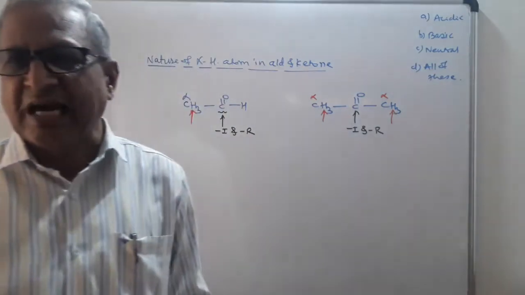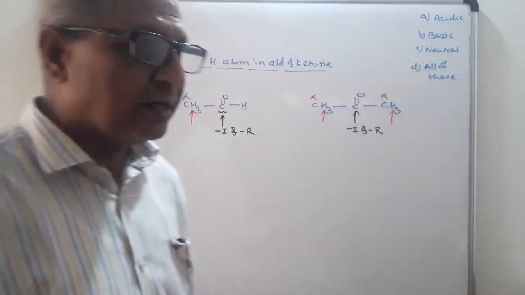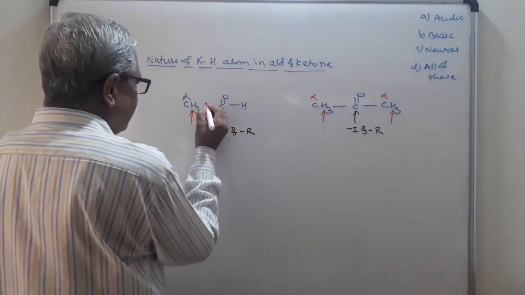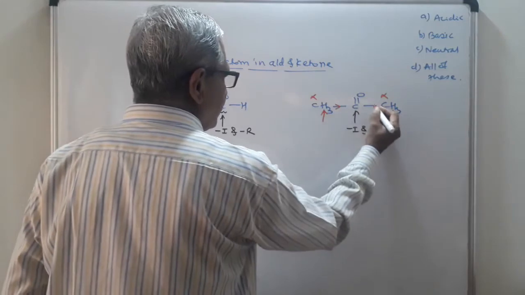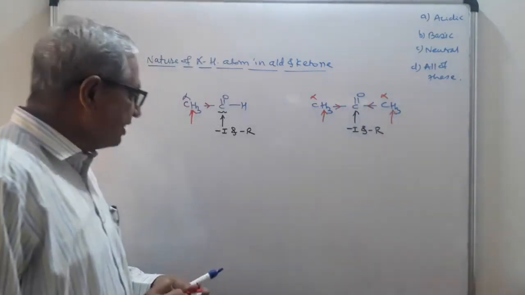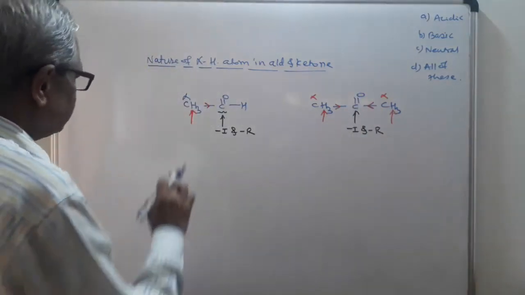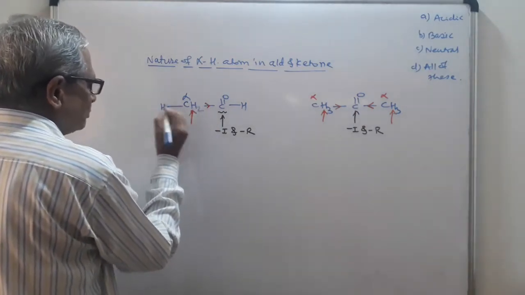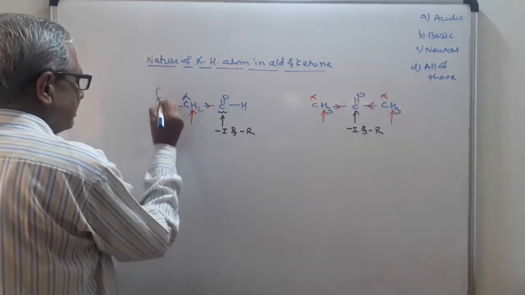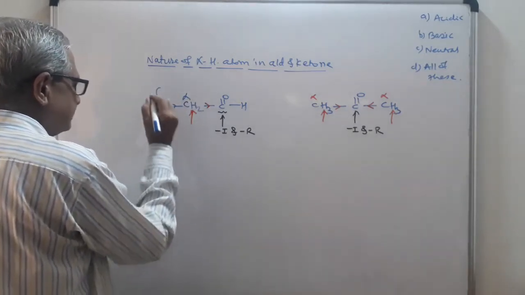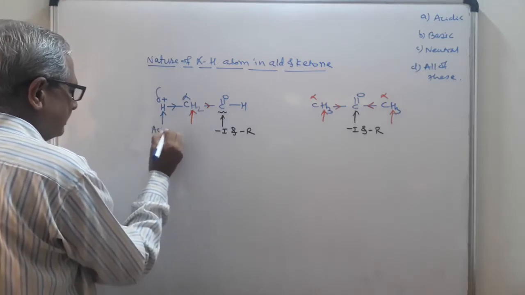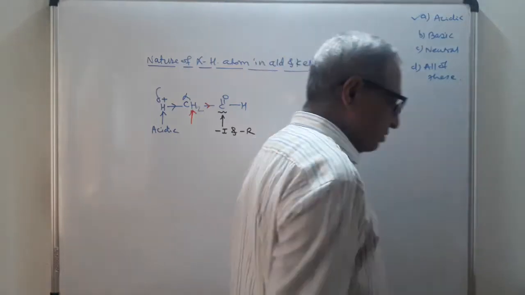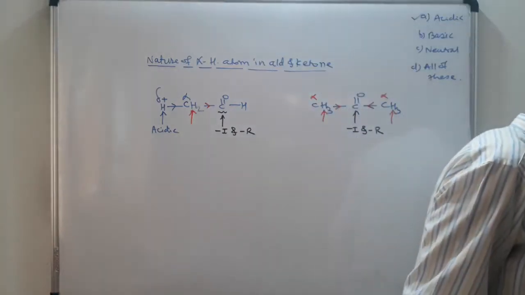Minus I and minus R indicate electron withdrawing inductive effect and electron withdrawing resonance effect. See here, I will indicate by this one, this one. The red arrow indicates that it will withdraw the electron. Now see, out of these 3 hydrogens, I will write 1 hydrogen atom here. So it is also withdrawn here, therefore it gets a delta positive charge, and as it has a positive charge, these are acidic in nature. So which is the correct answer here? The nature of the alpha hydrogen atom is acidic.